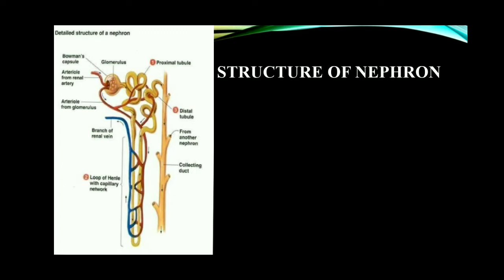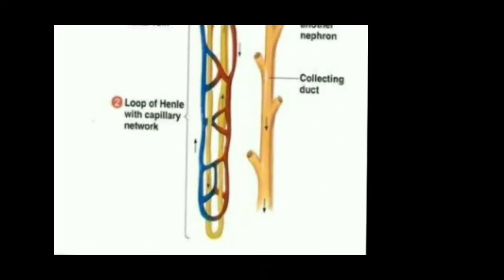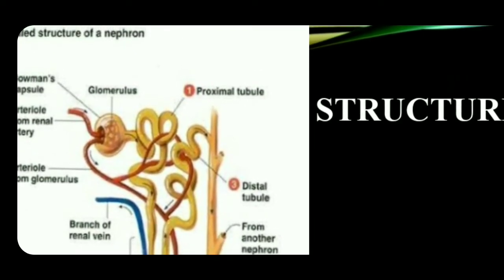Now let's study the second part of the nephron, renal tubule. This renal tubule also consists of three parts. There is proximal convoluted tubule, distal convoluted tubule, and loop of Henle. What is meant by proximal convoluted tubule? Tubule means tube-like structure, convoluted means twisted, proximal means somewhat near. So, this proximal convoluted tubule is located very near to the Bowman's capsule, and one more convoluted tubule is there.